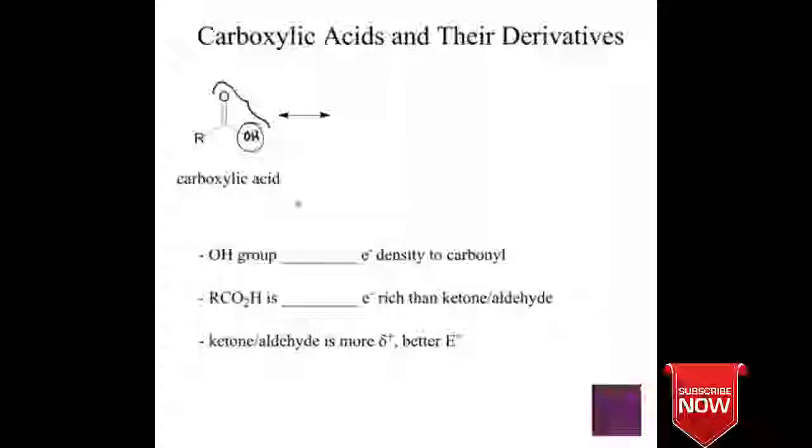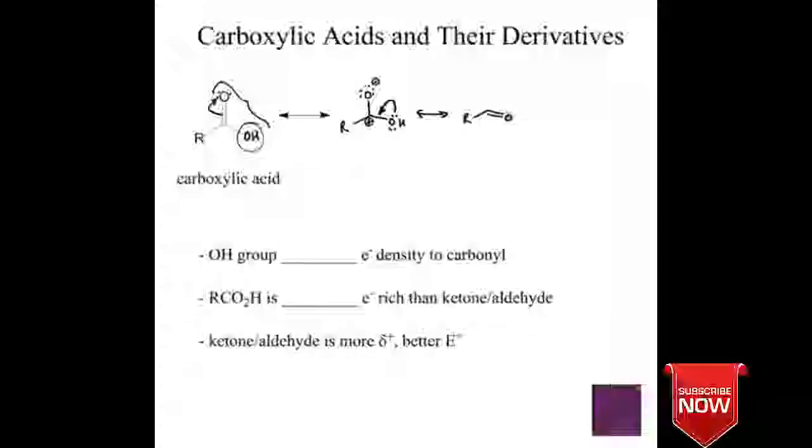And if we want to think about its reactivity, we need to consider its resonance as well. And like every carbonyl, it has resonance that breaks the pi bond and gives an O- and a C+. Right? That's always true for any carbonyl. But by having this OH group now attached to the carbonyl carbon, we have additional resonance. And that additional resonance comes about by this oxygen donating its lone pair of electrons and sharing it with that